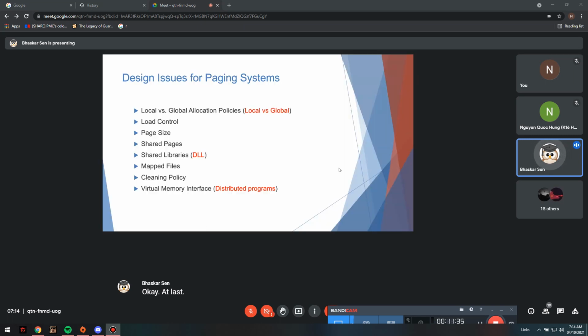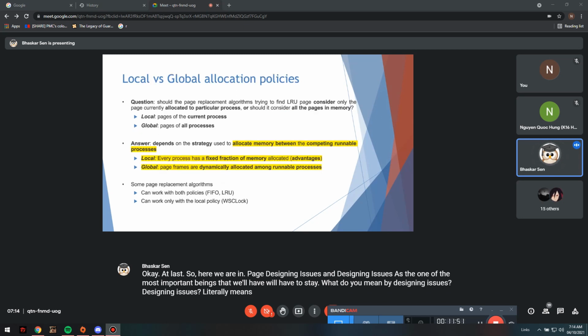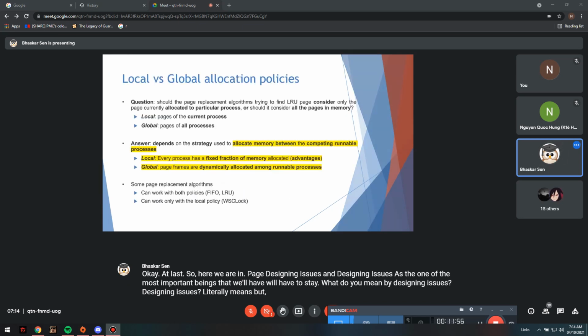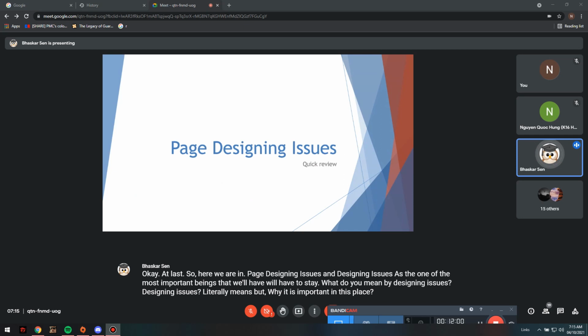So here we are in page designing issues, and designing issues is one of the most important things that we will have to remember. We'll have to study. What do you mean by designing issues? Designing issues literally means, well, why it is important in the first place. Designing issues are important because